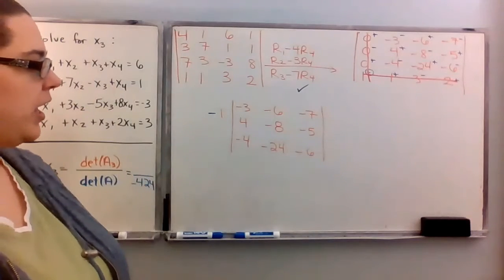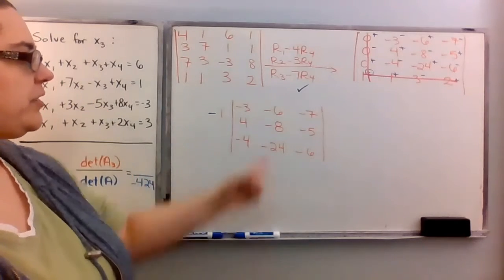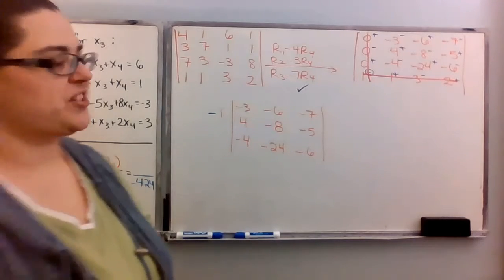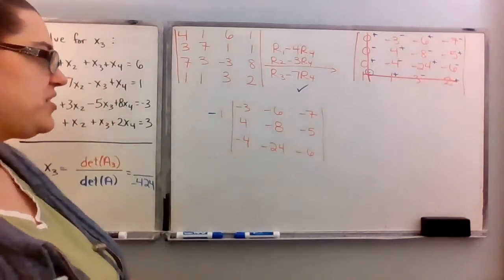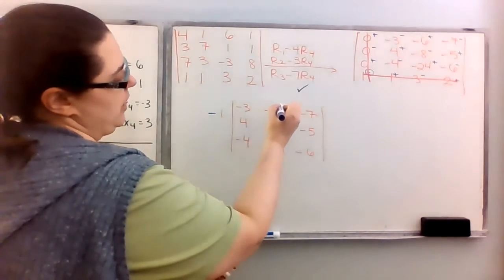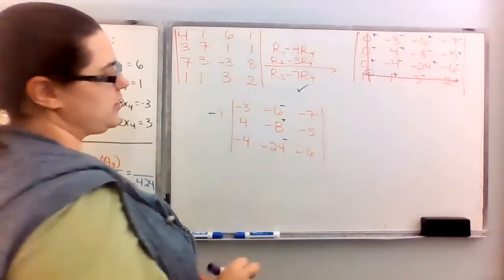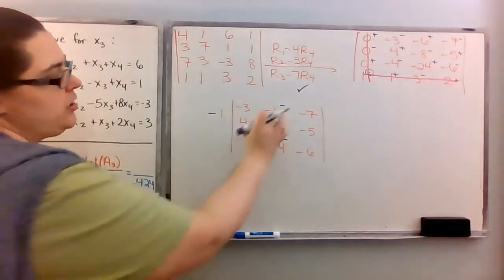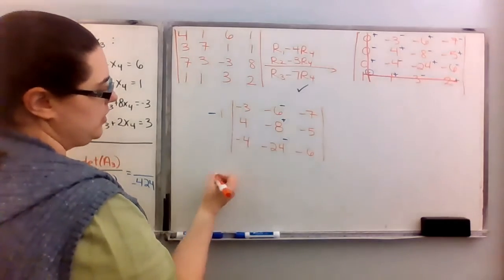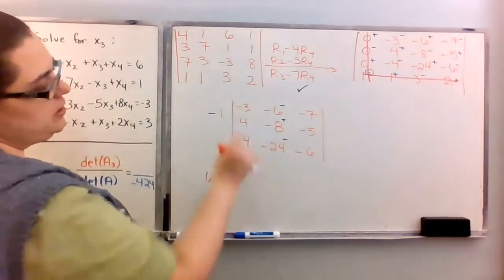So in this case, I'm going to choose to expand along this middle column because it seems to have the larger numbers and I don't want them showing up more than once. So that's what I'm going to do. So to help me out, this is plus. So I have minus, plus, minus. That's going to help me out as I work through this. So minus a negative is going to give me a +6. I have 6 times